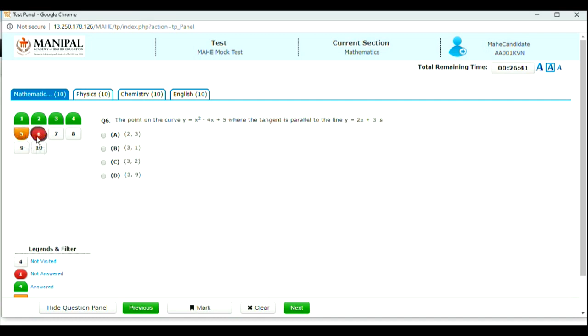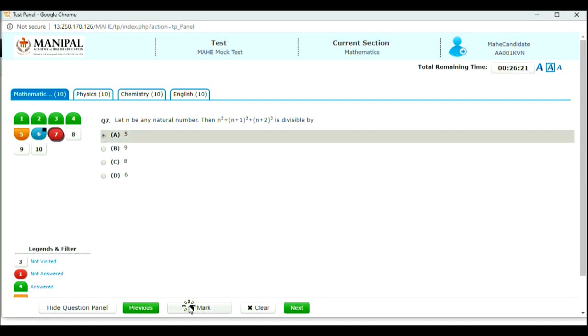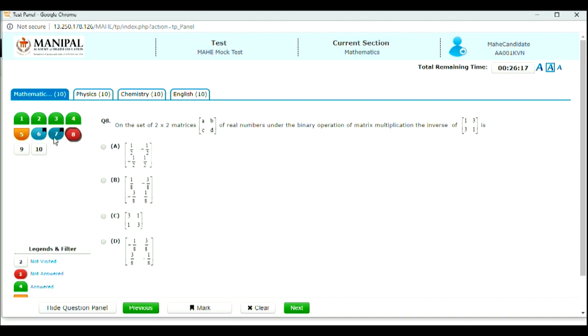After going through the question, if you answer the question by selecting an option and think that it is to be reviewed at a later stage, click on Mark. On clicking, the question number will be highlighted in blue color. After final submission, all such answered questions marked for review will be taken as answered, with 4 marks awarded for a right answer and -1 awarded for a wrong answer.